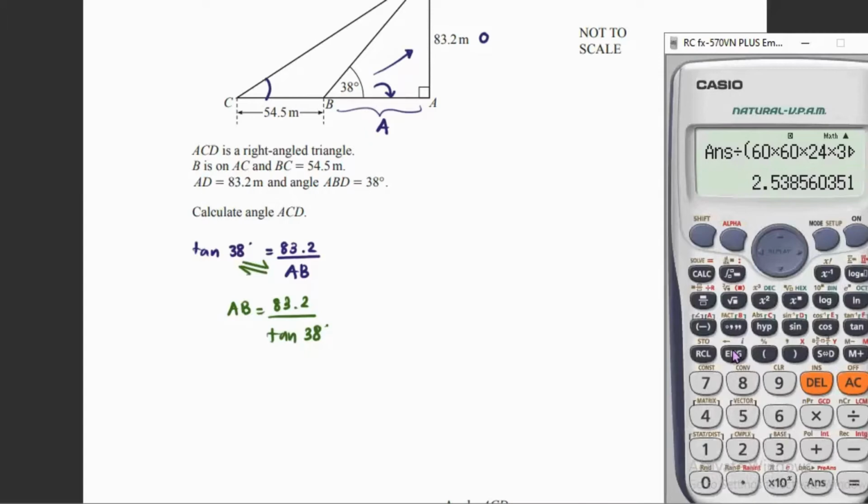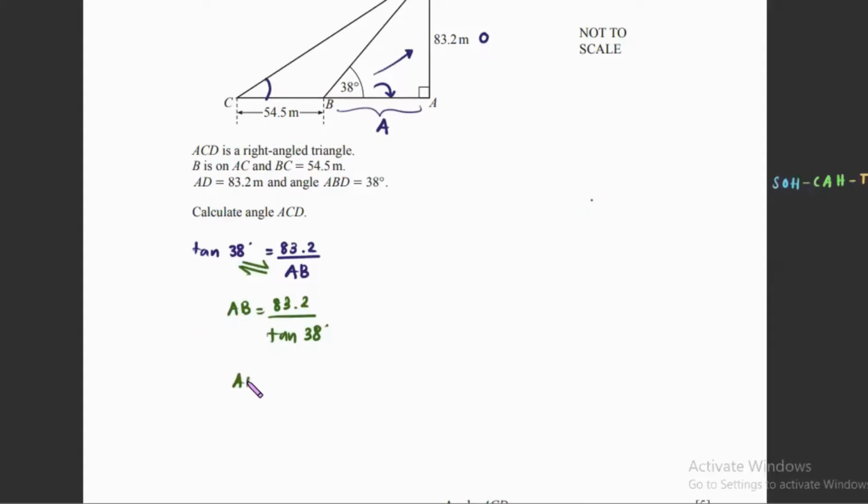So we can put this in the calculator and see what we get as the value for AB. So then 83.2 has to be divided by tan 38. So when we do this division, we end up getting 106.49. So I can write it here as 106.49. So this is going to be 106.49 meters. This is going to be the distance from A to B or B to A. The reason why we had to find this is we need to add this to this 54.5 because that will give us what AC is. When we find that, the value of AC will be equal to 106.49 plus this 54.5, which will be equal to